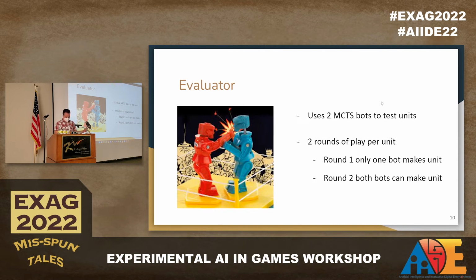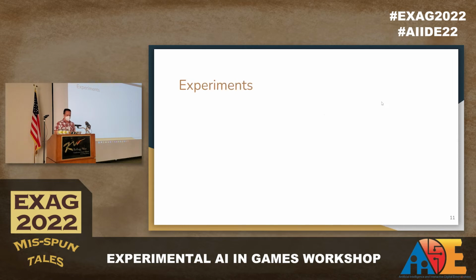So to be able to see if this method would work, we created a set of experiments. So first was just to check novelty, to generate units, to see if they would be different and have unique qualities. The second test was to determine the utility of the unit, kind of like in our generation process, but to a greater extent. And the third, to test the balance, again, to a greater extent, like with utility. So the first of our experiments,